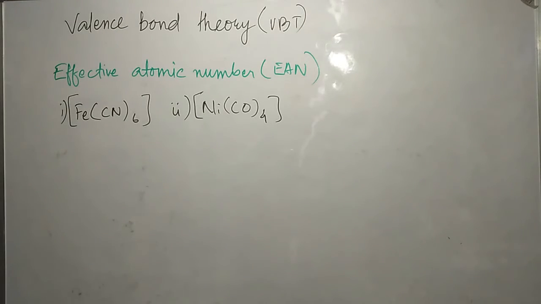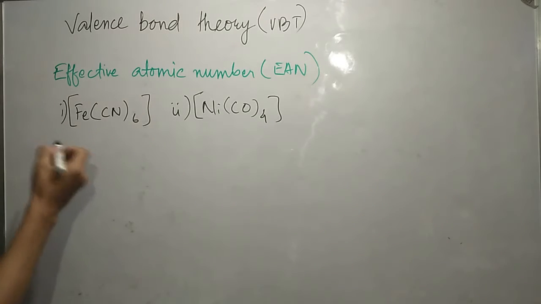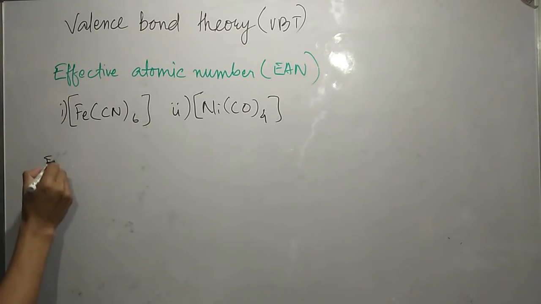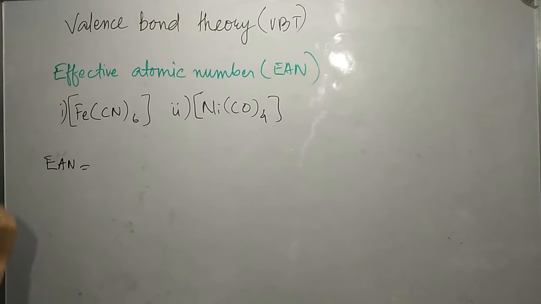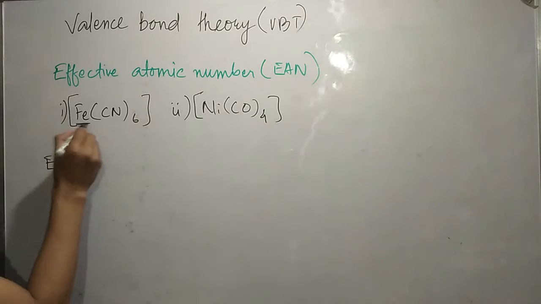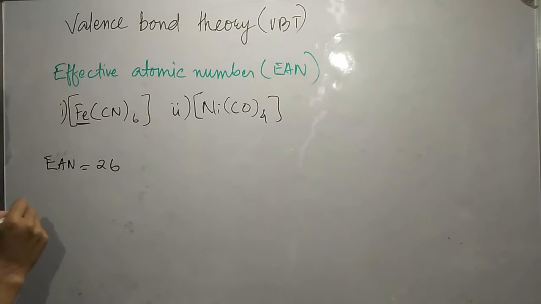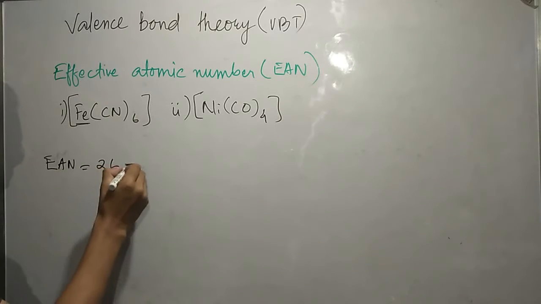The next one is effective atomic number, or EAN. It is the total electrons possessed by the central metal atom and the electrons gained from the ligands. So for example, the first one, the second one you do it. Here for the first one, the EAN equals the total number of electrons present in iron, which is 26, the atomic number, plus